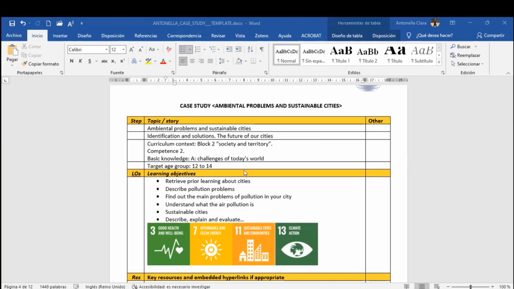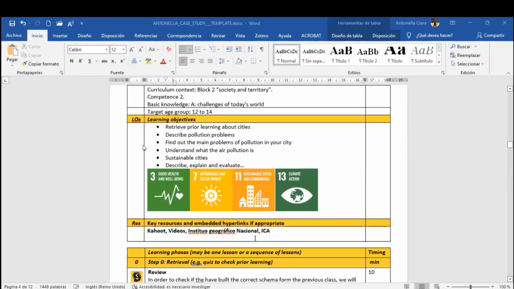So in this case, we have the block dedicated to society and territory, the competence number 2, and the basic knowledge is a challenge of today's world. My learning objectives are retrieve prior learning about cities, describe pollution problems, find out the main problem of pollution in the city of the student, understand what air pollution is, and after something related to sustainable city, describe, explain, and evaluate